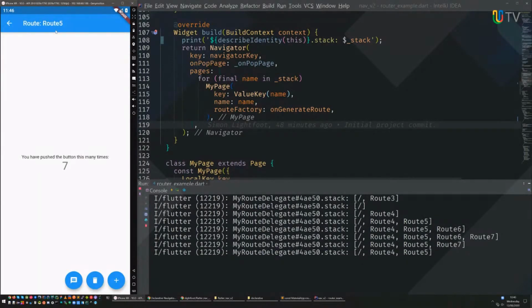Right? You can make the changes to the navigation stack however you want, right? So there are very complex behaviors that you get with certain apps, and this is why this is very powerful.